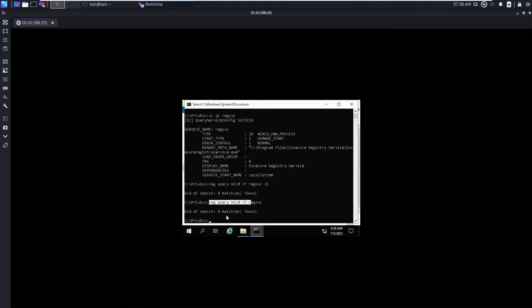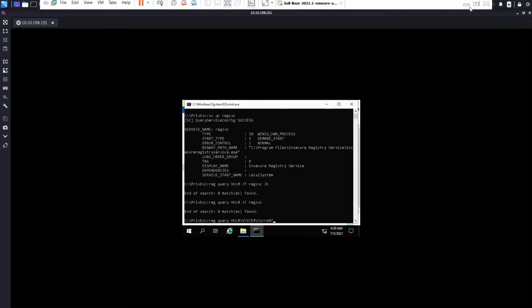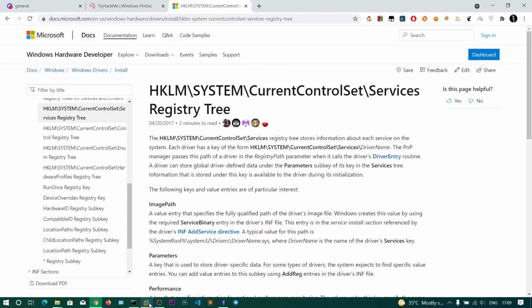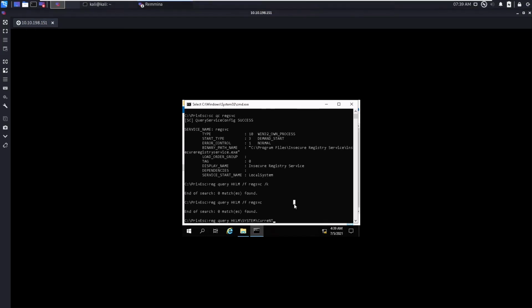So let's go and query that one. reg query, and what we are going to query is HKLM, no spaces, current control set services.